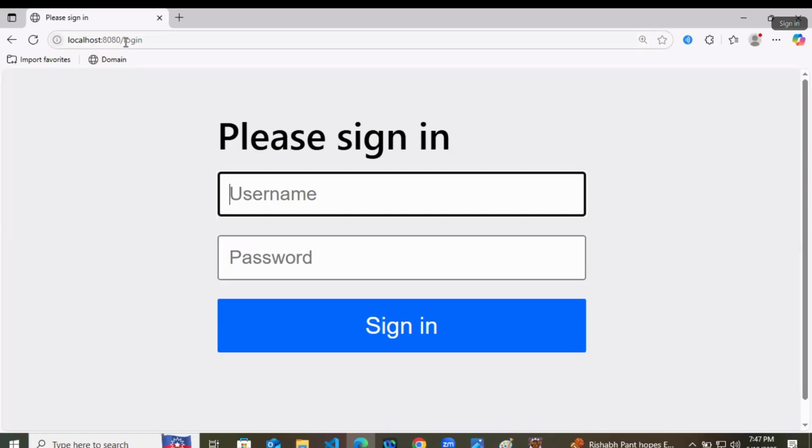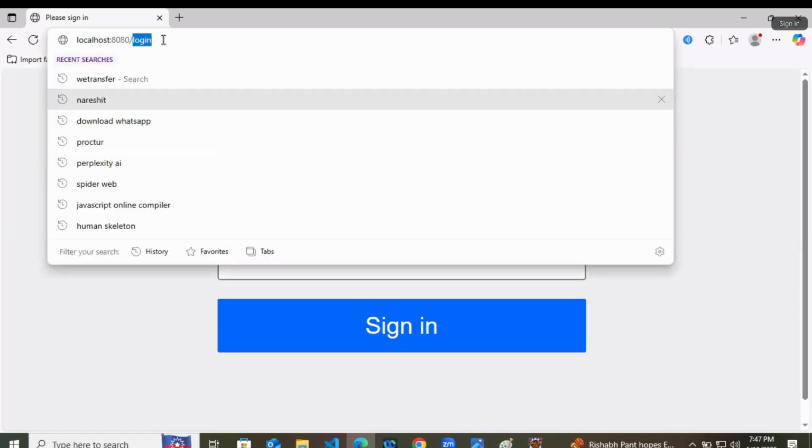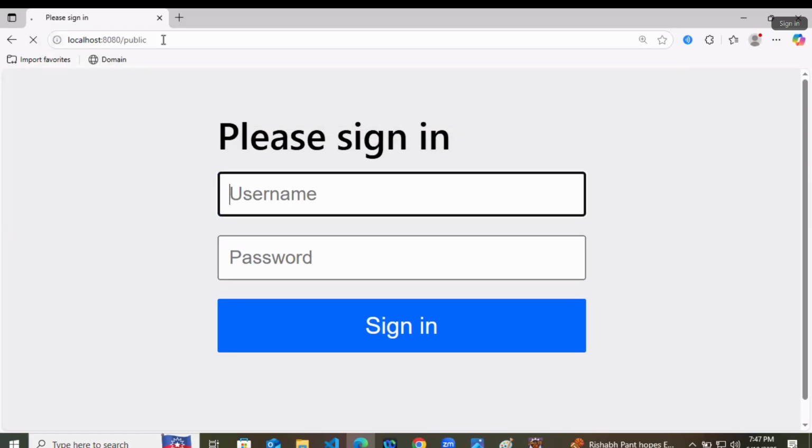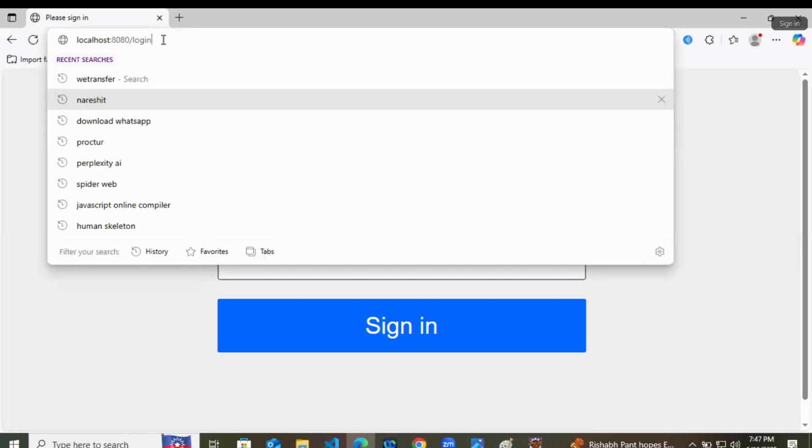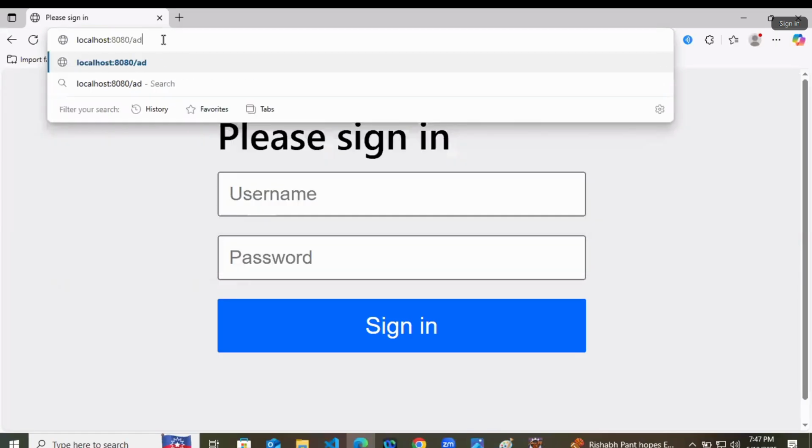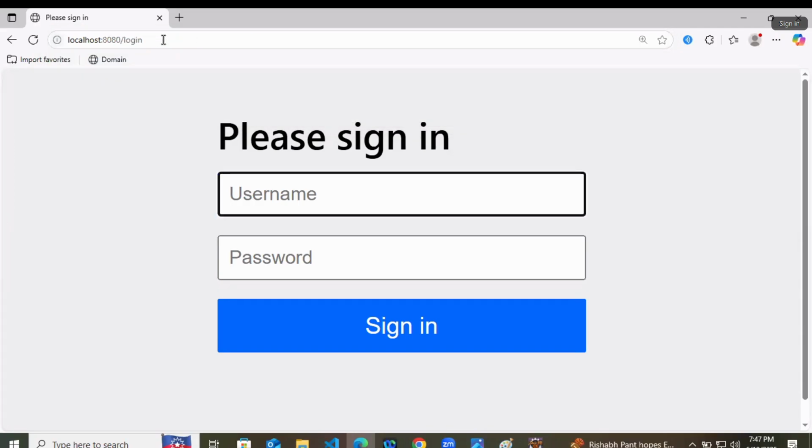Now, if I try to check the public endpoint, it is taking me to the login page. What if I want to check the slash admin slash check admin endpoint? Then also the login page.